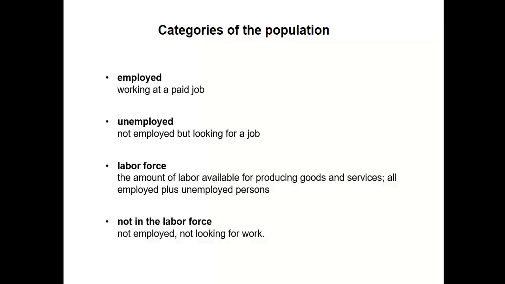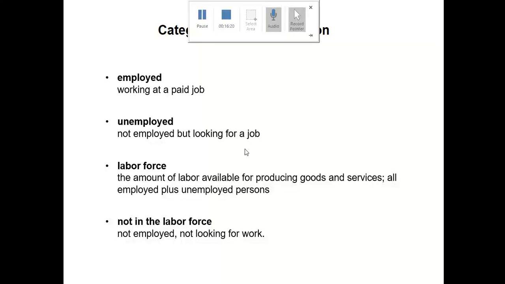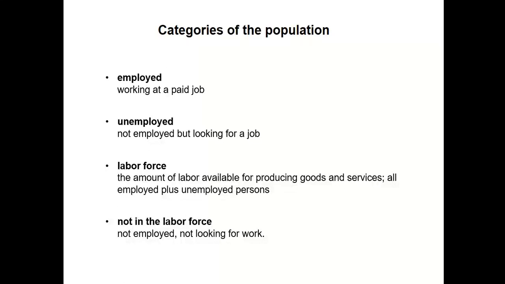So these are the people between the ages of 15 years to 64 years. Some of them are employed and some of them are unemployed. Next category is not in the labor force, that is, not employed and not looking for work. Those who are below 15 years and above 64 years are not added in the labor force. So we can say that population is divided into four main categories: employed, unemployed, labor force and not in labor force.